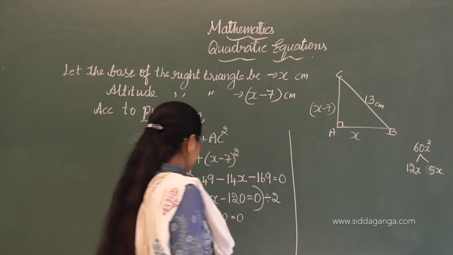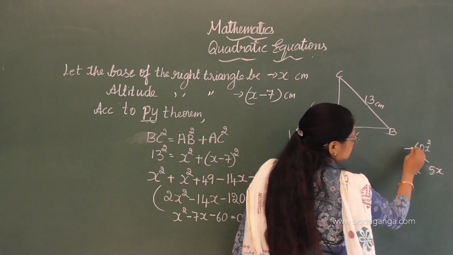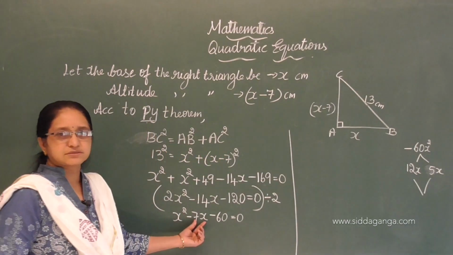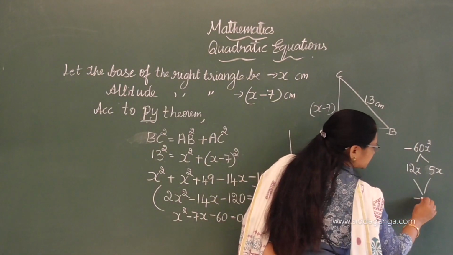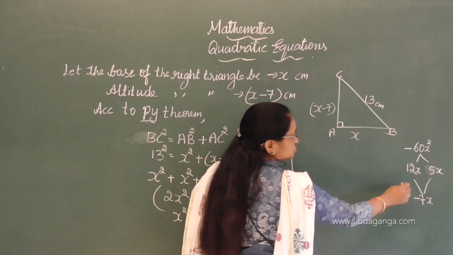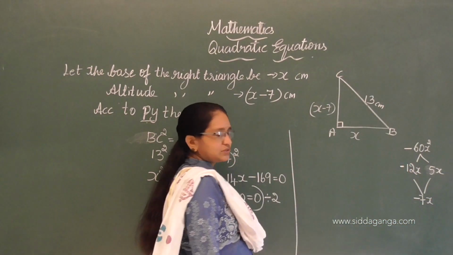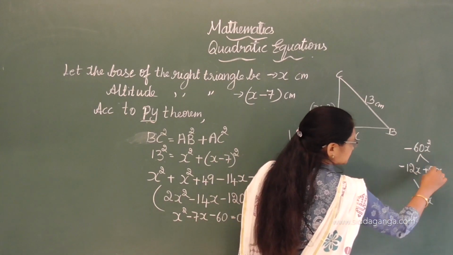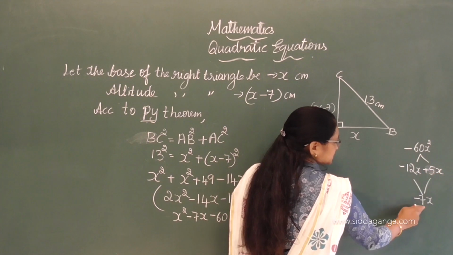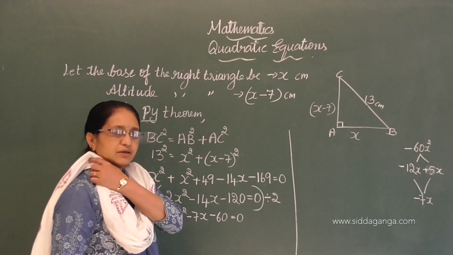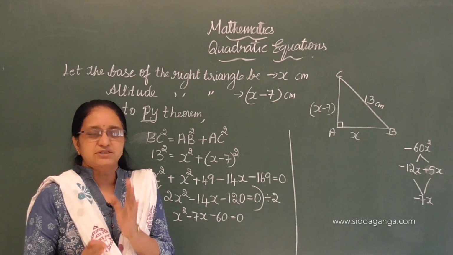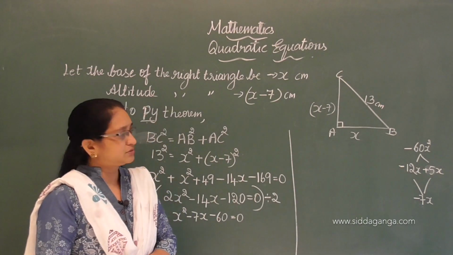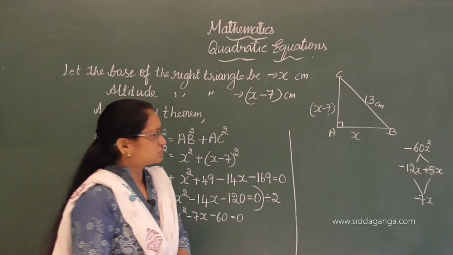So here I need minus 60, then here I need minus 7x, okay. Definitely the greater number should be minus, and this is plus. The difference between these two is minus 7x, okay. Every time I am explaining, so try to recall because you have studied in the previous class. So definitely you need practice, so do it.